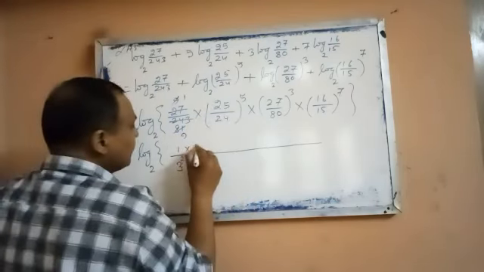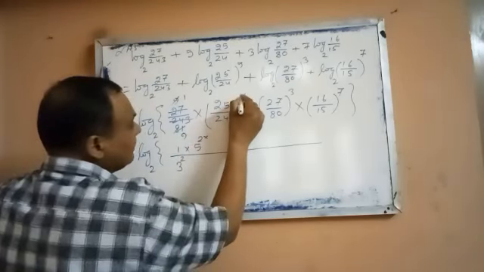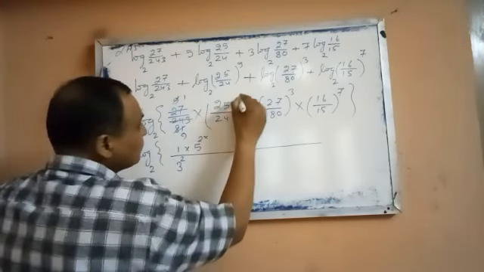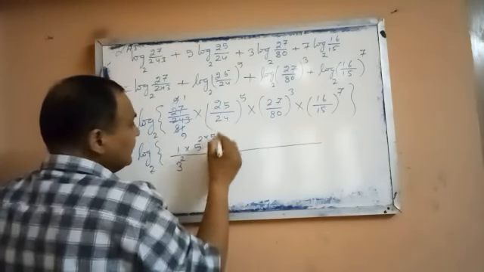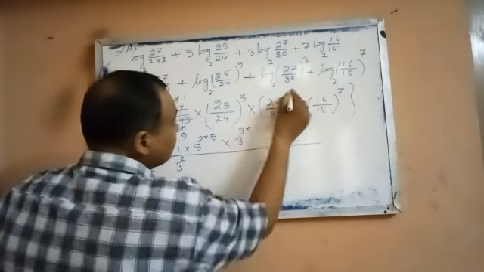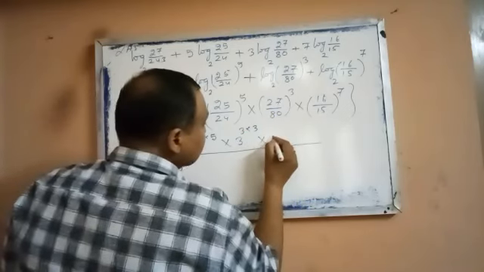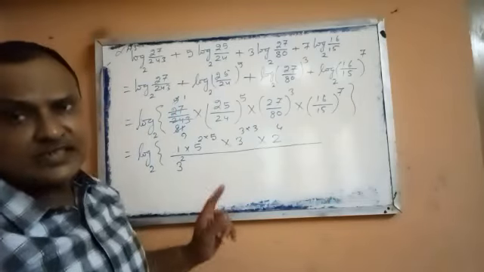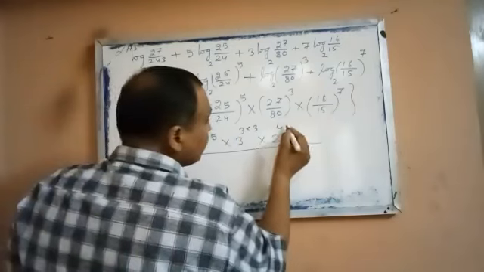Now 25 is what? 5 to the power 2, and already 5 as a power is existing, so it is whole, so power becomes multiple, so 5 to the power 2 into 5. Then 27 we can write 3 to the power 3, and already 3 power is existing, so it will become in multiple form. Same way 16 is 2 to the power 4, don't write 4 square, always go with the basics. So 2 to the power 4 into 7.